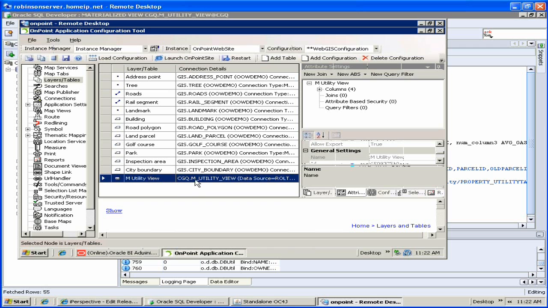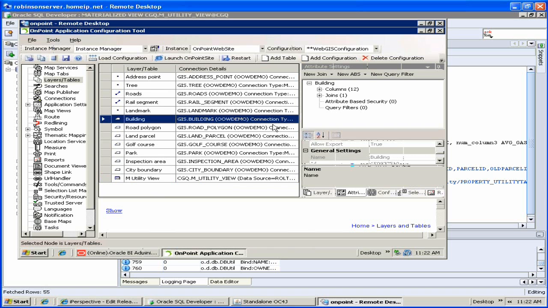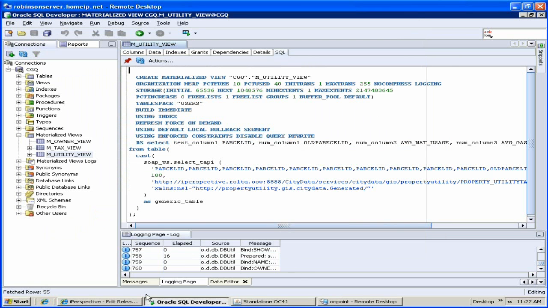There's one component that we've added in that is not a spatial component. This is our view, the materialized view of the CGQ data. We'll notice that we're able to take and tie it into other spatial columns. Here we've linked building information into that materialized view coming across from CGQ. To see these components in use,